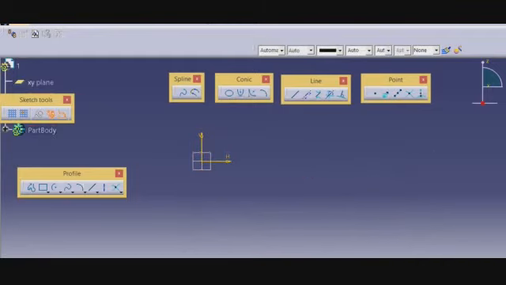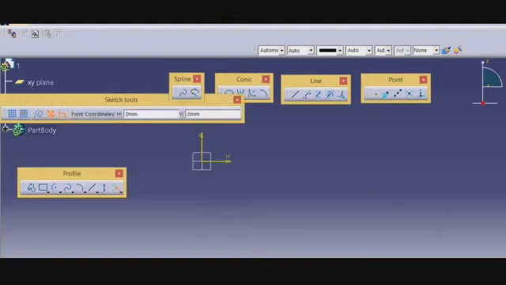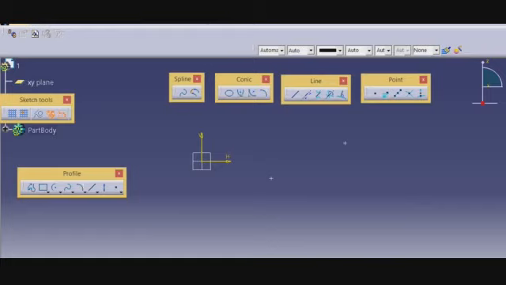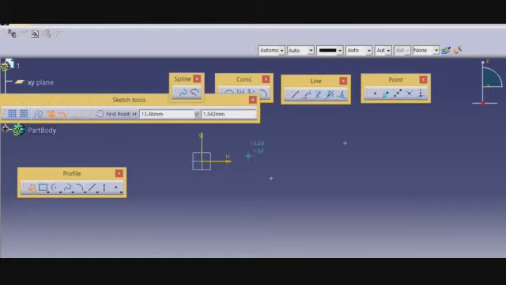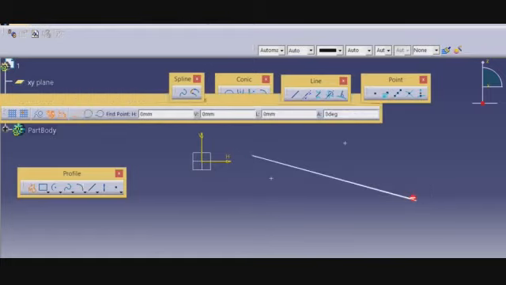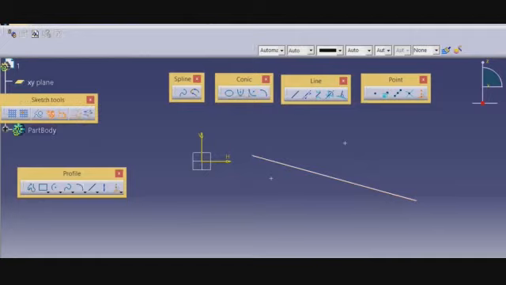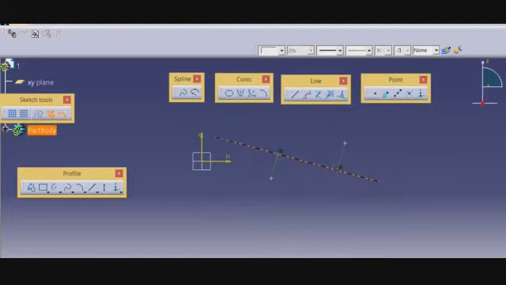Next you have projection point. I will create one point and I will create one line so that I can project that particular point on the line. Let's see how to do that. If I want to project that particular point onto this line, then it will be projected normal to each other. If you project at the normal 90 degrees to that particular point and line, you will get this point. That point will move according to that line movement.